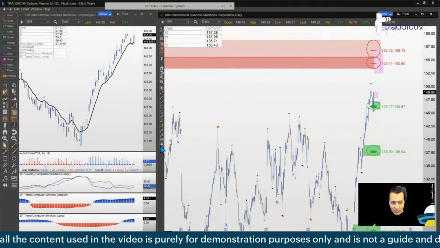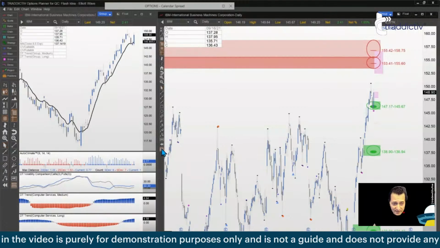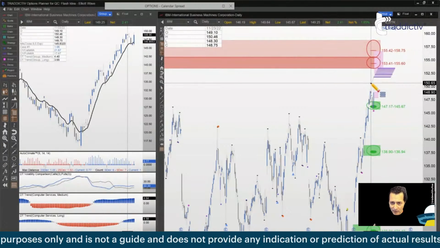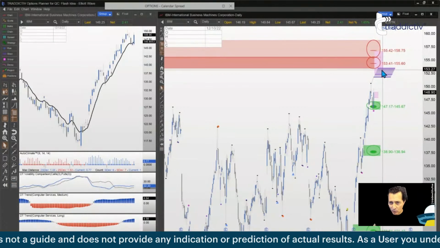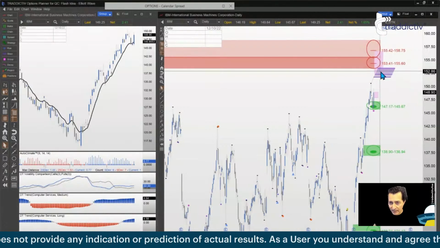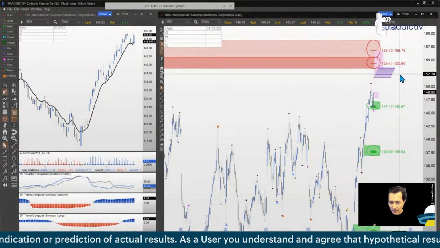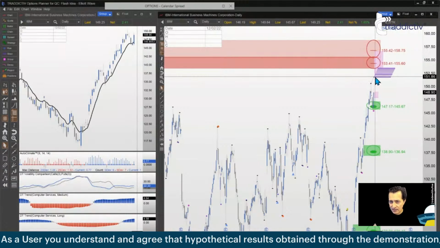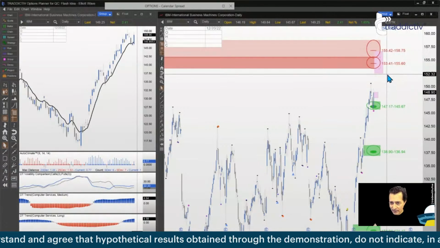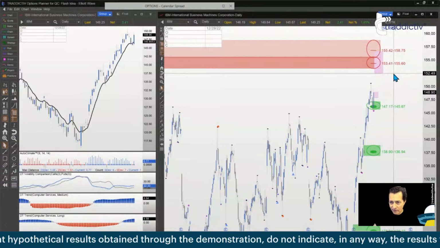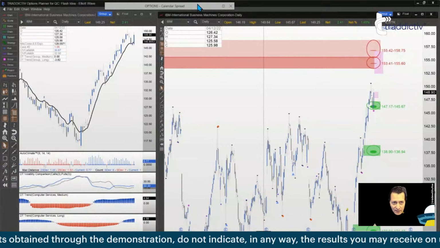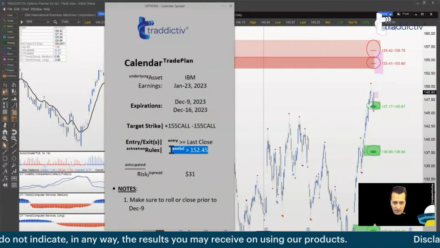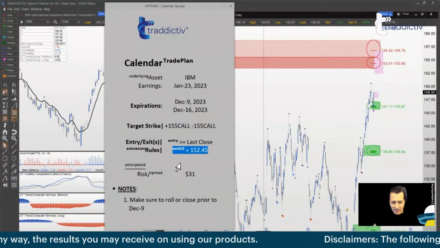Now, to be just a bit more conservative when taking profit, I am using a speed bump, which I am projecting from that higher price point. And notice how that speed bump coincides both with the UFO and the pink area. So out of being conservative, I will use the pink area as the target since the UFOs are a little higher. This is basically 152.45, which is the target that was mentioned a moment ago here on the sticky note. Exit, it's